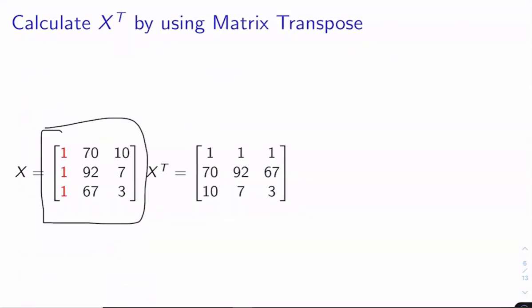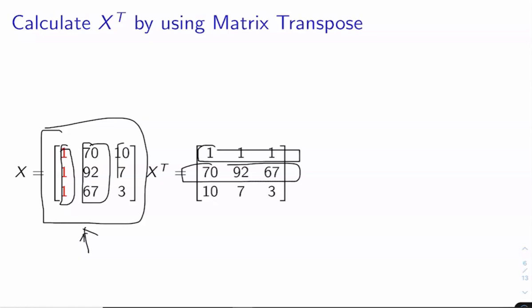So this is our input vector, and as you know, in the transpose operation we interchange the rows to columns and columns to rows. Here the first column, that is 1 1 1, becomes now the first row, the second column becomes the second row, and similarly the third column becomes the third row. This operation is called the transpose operation, and this is the output of the first step, that is xt. We are calling it xt.